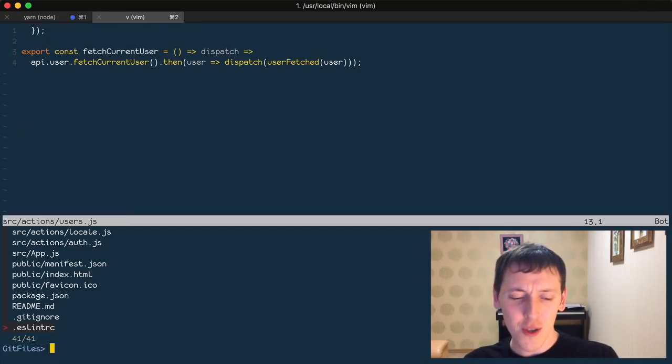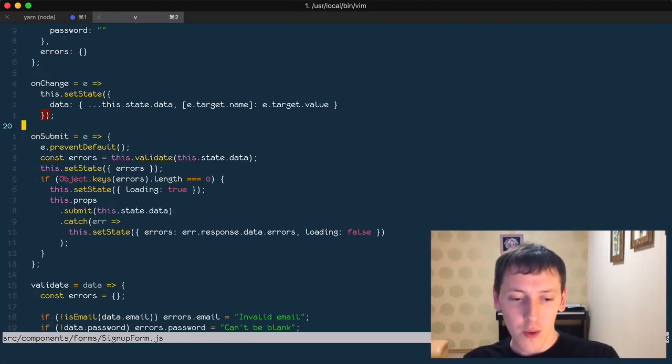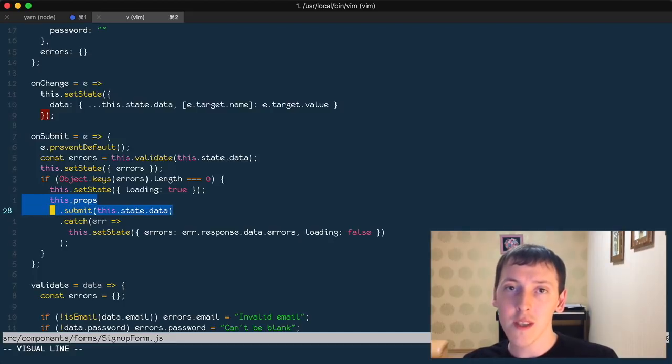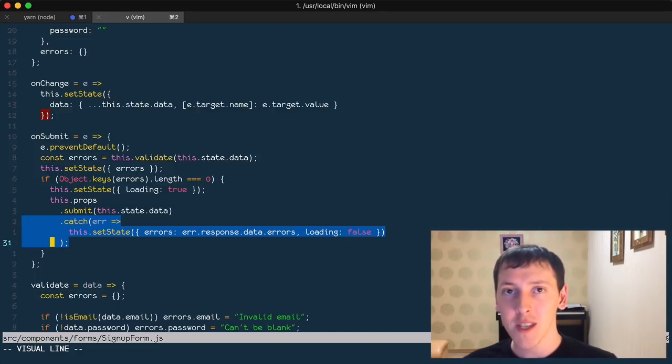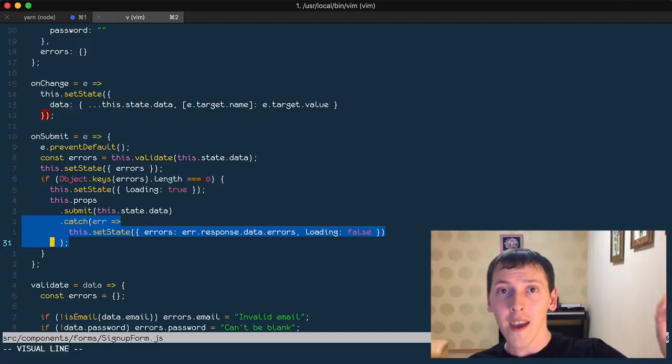Because right now, if we go to the sign up form, here in our on submit, you can see this is where we are making this props submit function, and we assume that it returns a promise, and that's why we can catch something, right? Because we assume, that's our convention, that it will return a promise. And that's my convention. It works pretty good with small to medium projects. It could also work pretty good in a large project, but in a big team, you will all have to share this convention. And that's not a good convention, I must confess, because it leaks all the way from the